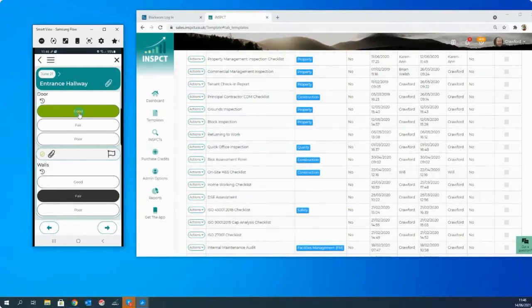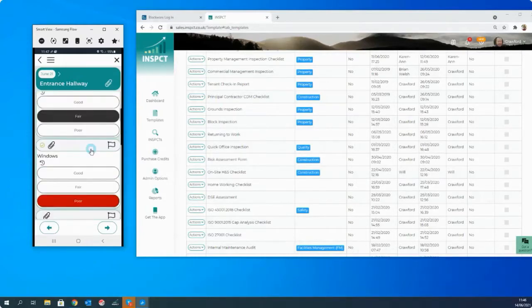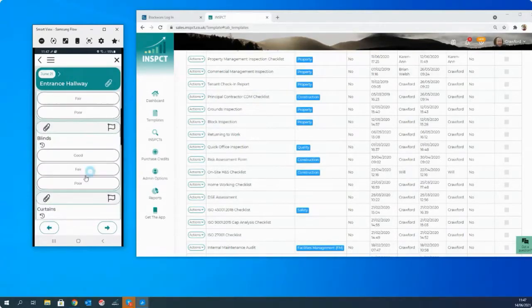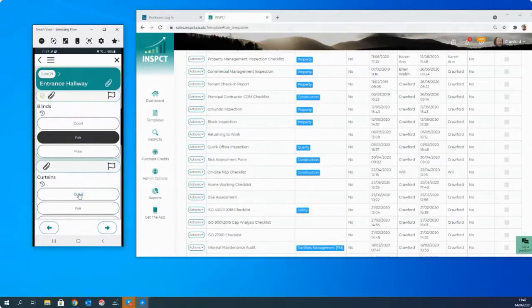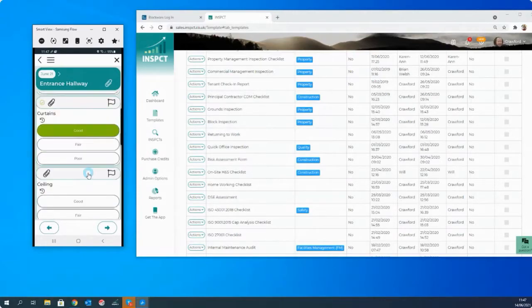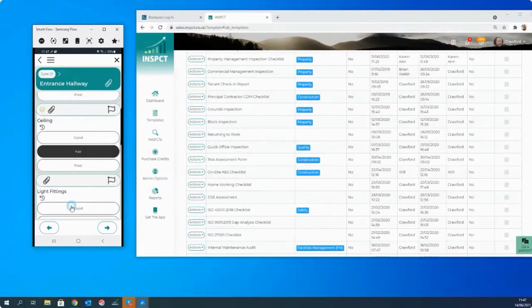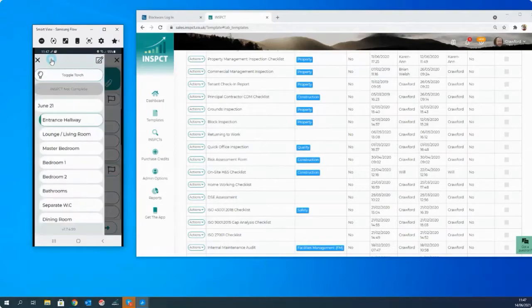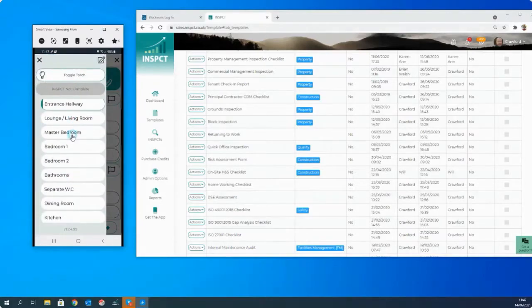those colours and responses will then be shown on the PDF report at the end once the inspect has been completed. So literally all you have, based around the number of questions and the number of sections that you have created for this particular template, is you simply click on whatever your responses are and move through your sections. That's it. The hamburger menu at the top of the page will show you all of the sections, and when